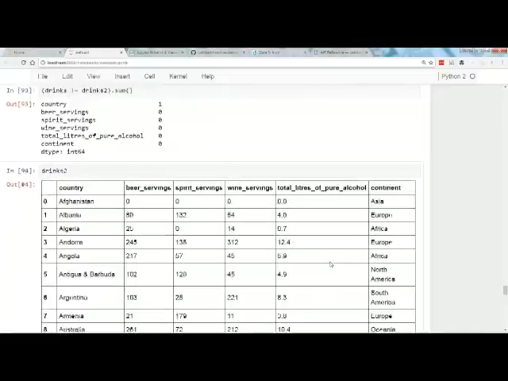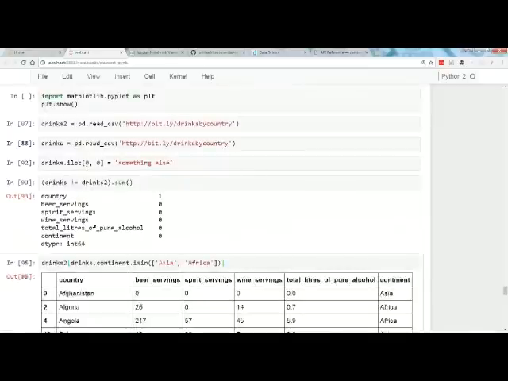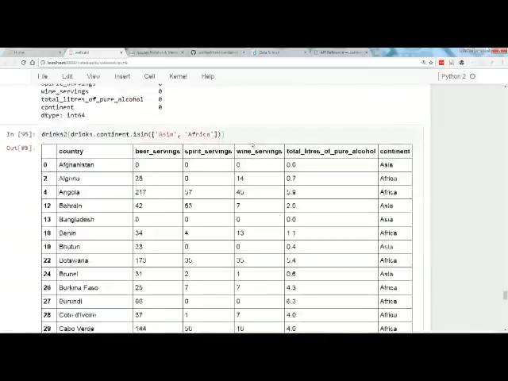So filtering by multiple categories. If I only wanted to keep Asia and Africa, I would say drinks.continent dot, what's the method I'm looking for? isin, and I'd pass it a list of Asia, Africa. And that will show me only the rows where continent is Asia or Africa.